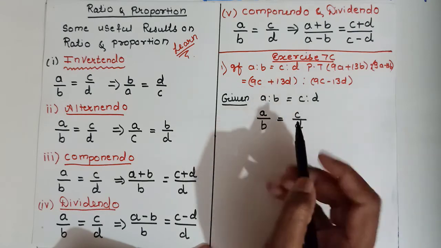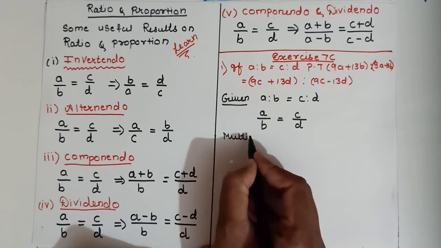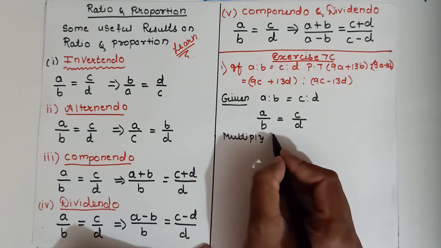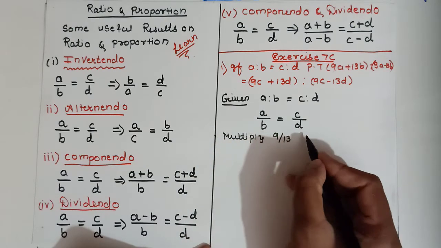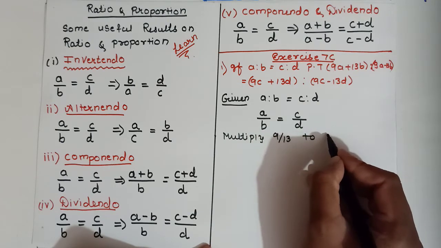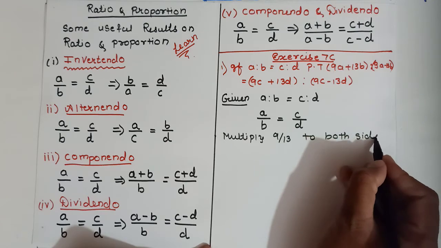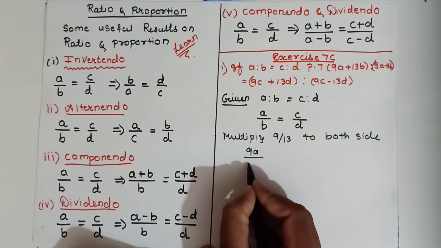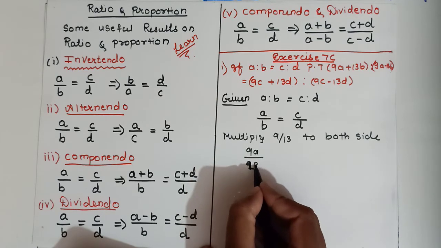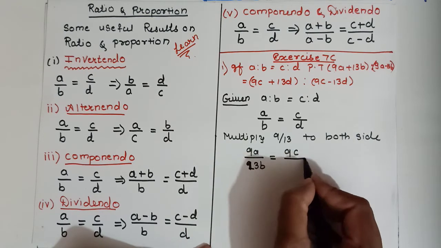So what I will do, I will multiply these terms by 9 upon 13 on both sides. So what I will get is 9A upon 13B equals 9C